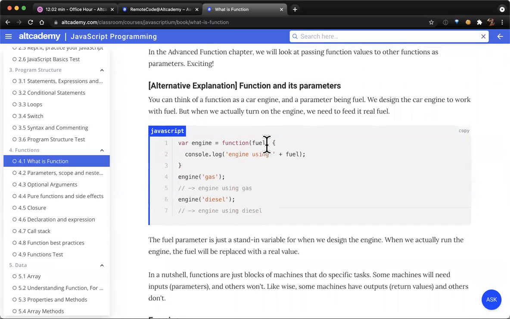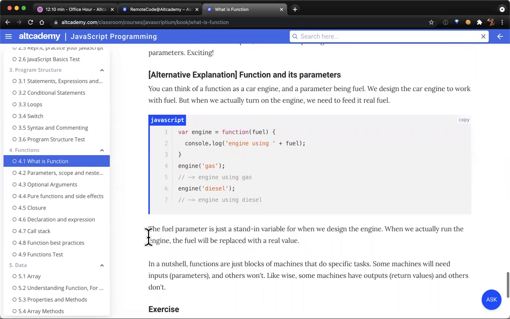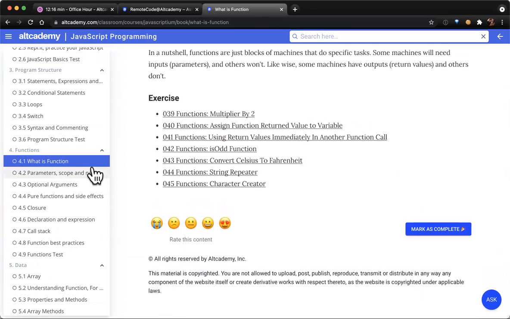We can name the parameter, or the parameter is the same thing as inputs. It means the same thing. So you can name it whatever you want. You can have more than one, you can have none, etc. Okay. So this page makes sense, right, so far? Yeah. Okay.